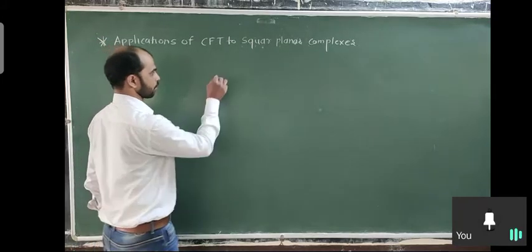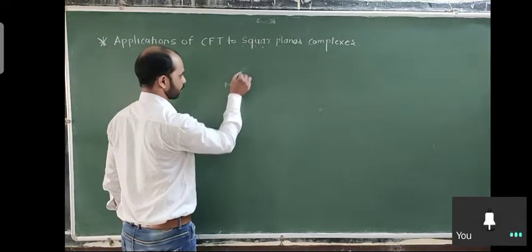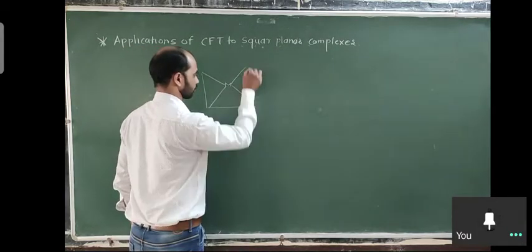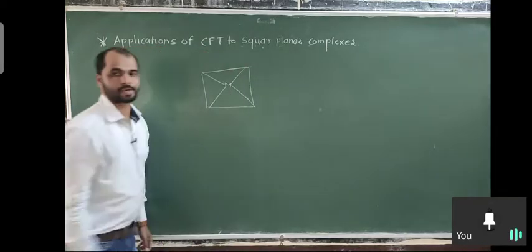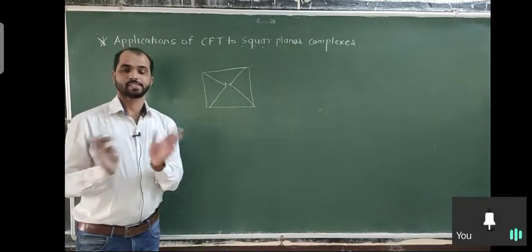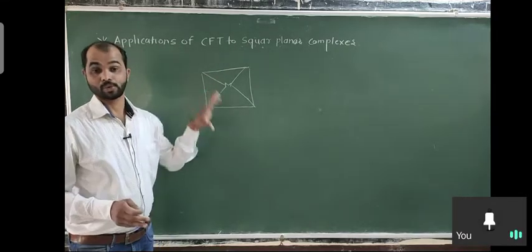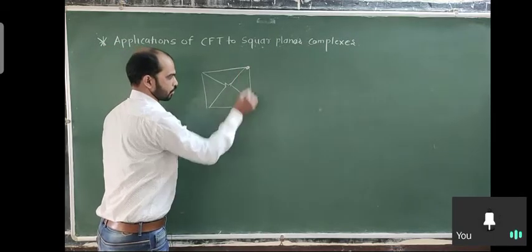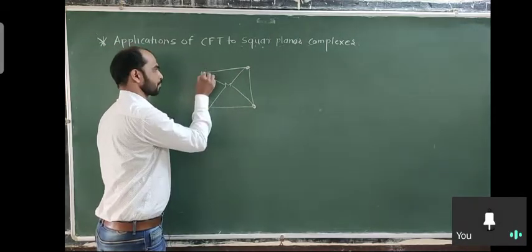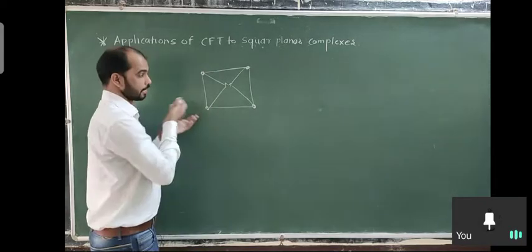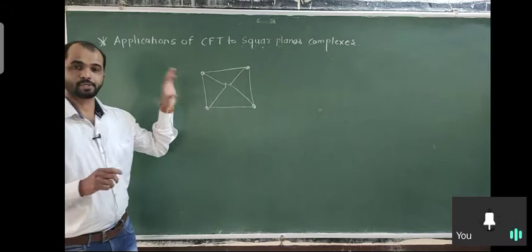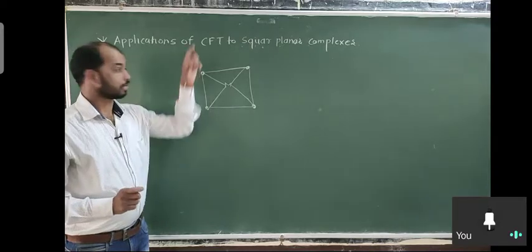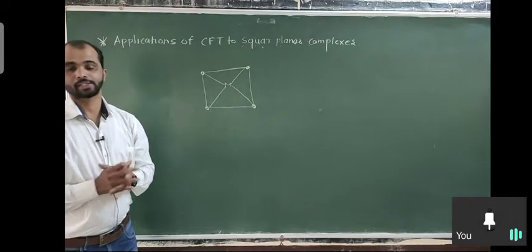So in square planar complexes, suppose we draw a simple square planar complex here. Okay, this is a square planar complex. So what is the comparison between the octahedral complex and the square planar complex? In a square planar complex, all 4 corners are here, coordination number is 4, and all corners are in a plane. That means as compared to octahedral complexes, here there is a loss of the ligands along the z axis. There are no ligands on the z axis.